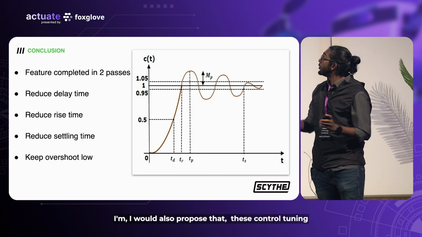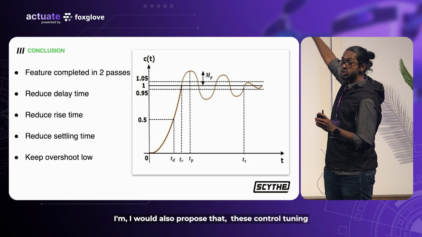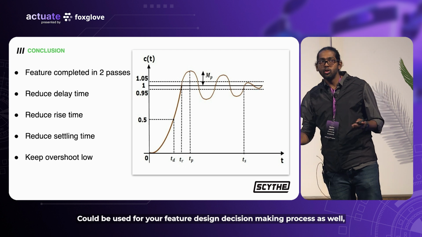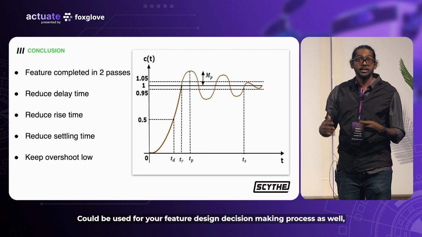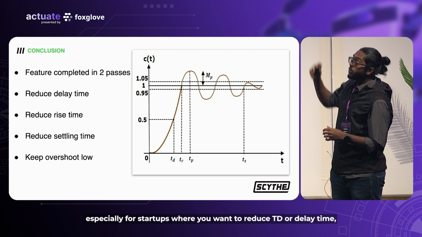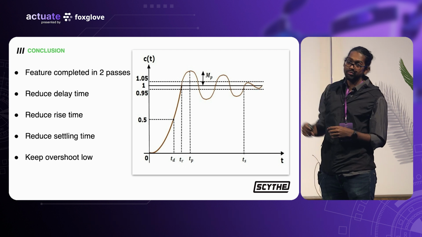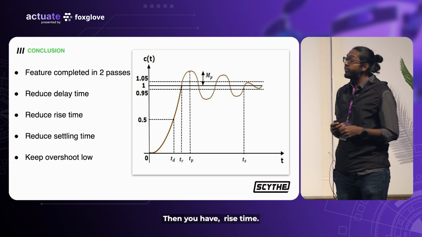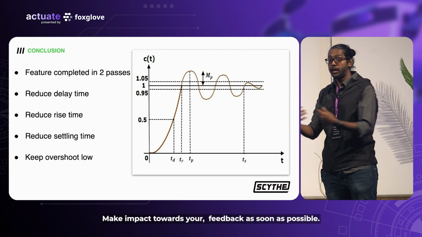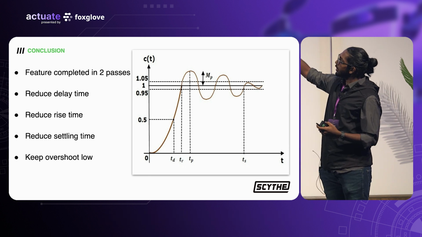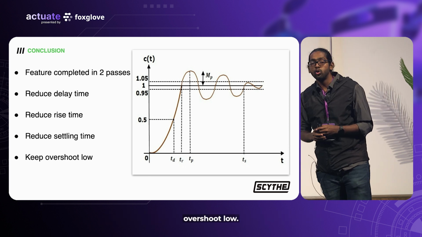I would also propose that these control tuning parameters that you have on your step response curve could be used for your feature design decision-making process as well, especially for startups where you want to reduce TD or delay time, which is the time it takes for you to act on feedback you received. Then you have rise time, make impact towards your feedback as soon as possible. We'll skip the third one for a second. Keep overshoot low,